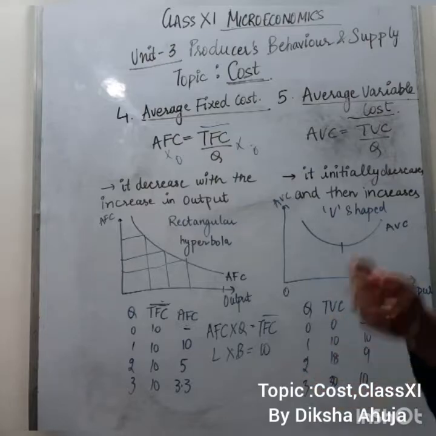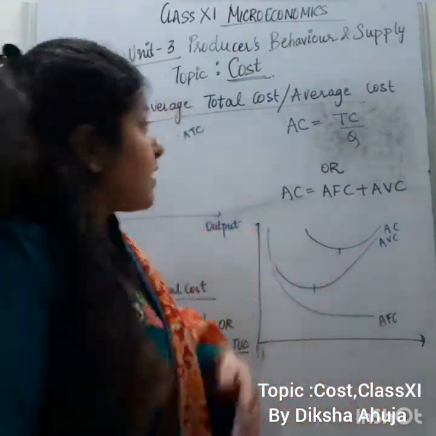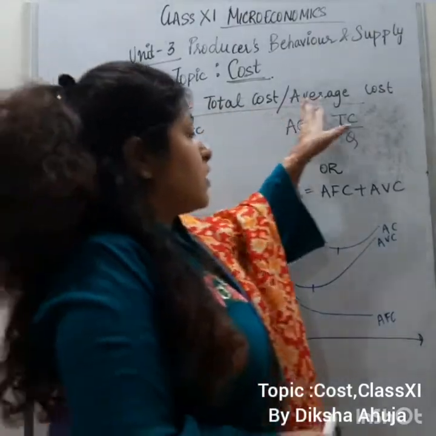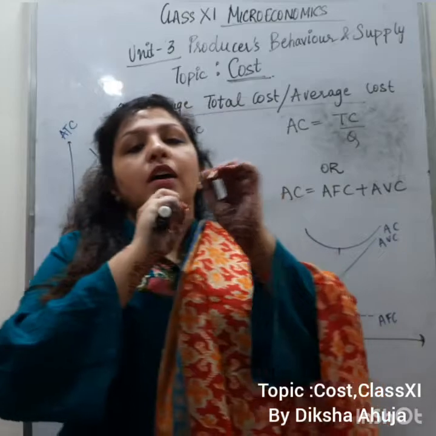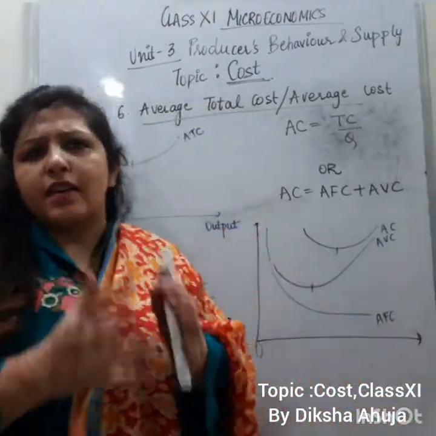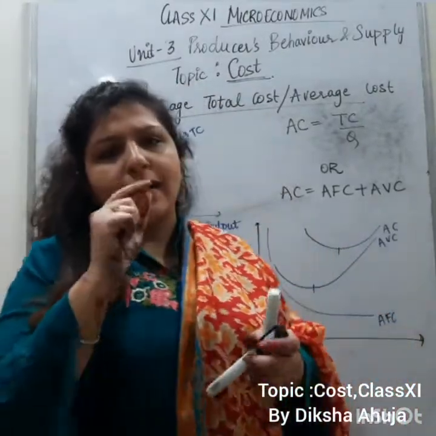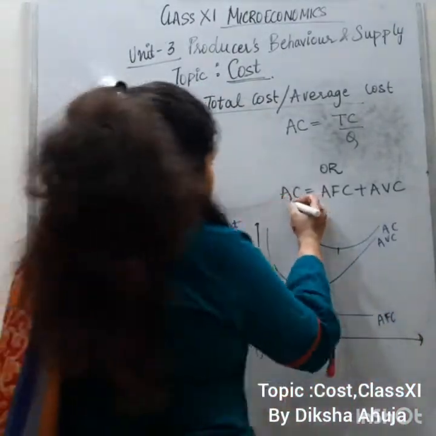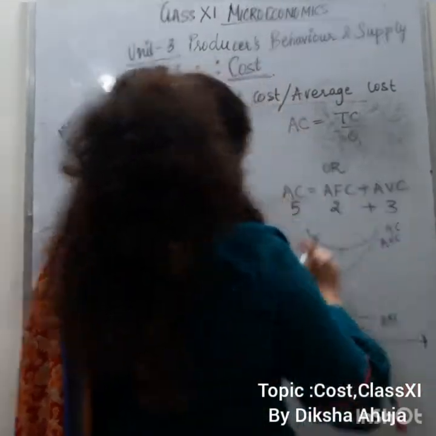Next, let's talk about average total cost. So let's talk about the further cost, that is average total cost. And you should know the average total cost means the total cost per unit of output, right? Let's say 5 rupees पूरा लग रहा है. Let's say I'm producing Uncle Chips, and while producing, एक Uncle Chips पे मुझे 5 rupees की cost पड़ रही है, and out of that fixed cost is 2 rupees and variable cost is 3 rupees, right?